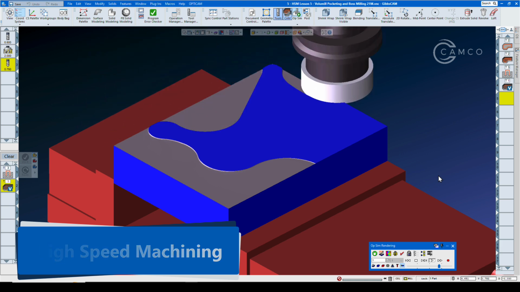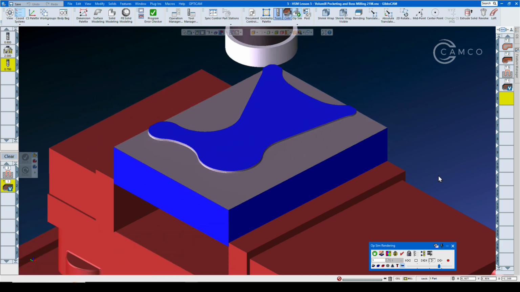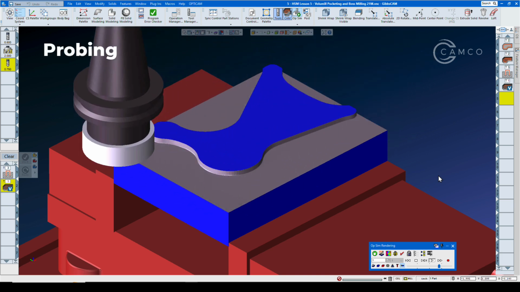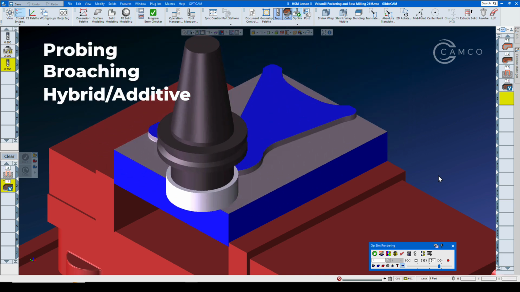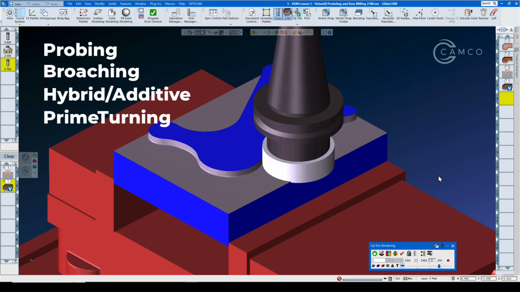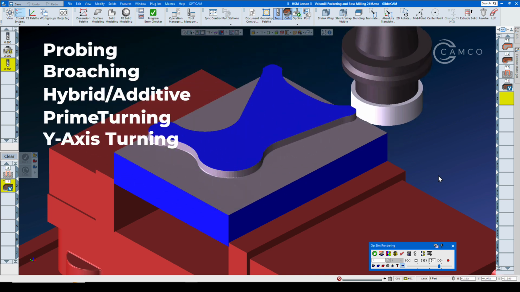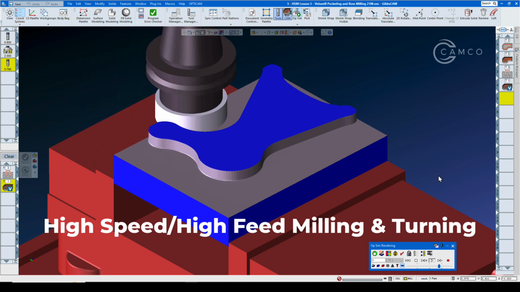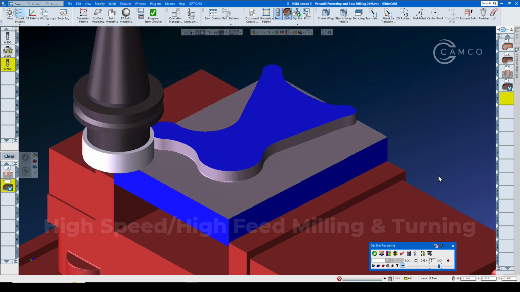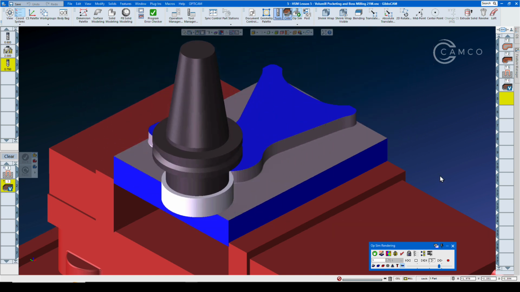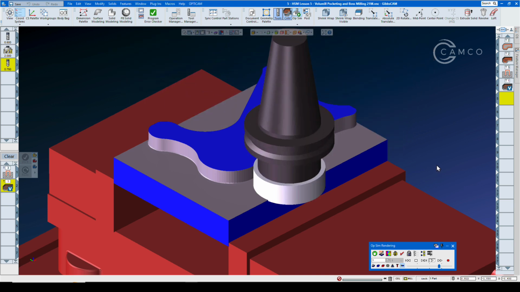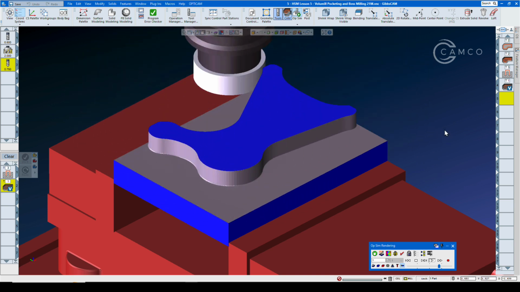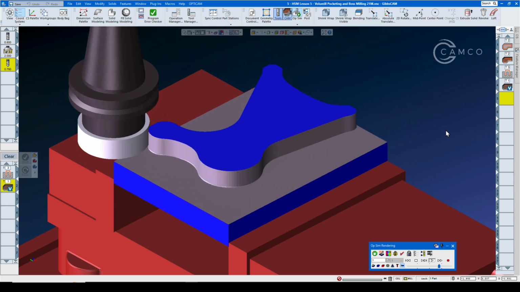GibbsCAM is committed to bringing machine shops non-traditional, state-of-the-art CNC processes such as probing, broaching, hybrid additive machining, prime turning, Y-axis turning and parting, tool library management, and high-speed, high-feed milling and turning, all geared towards reducing costs and increasing throughput. In this part file, we will look at two high-speed machining capabilities inside of GibbsCAM, the first of which